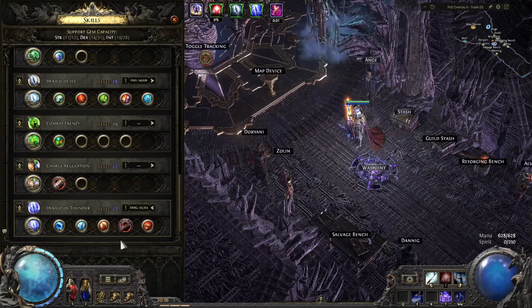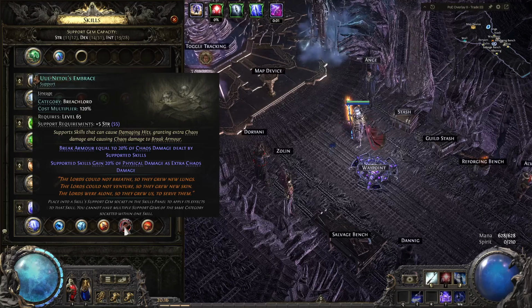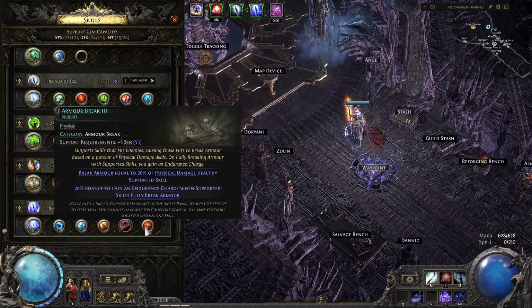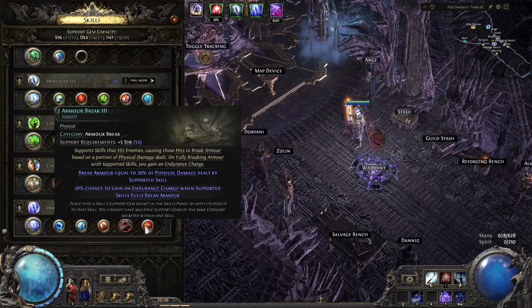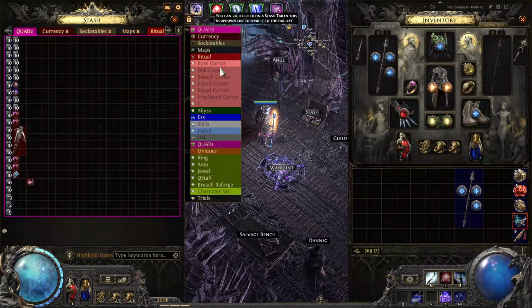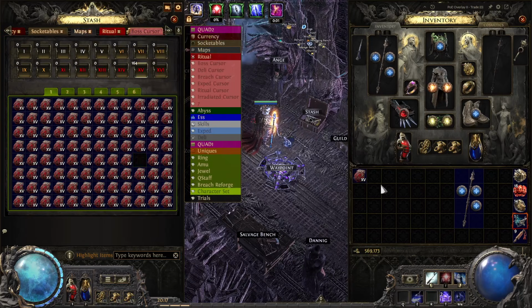So the main tech to get Herald chaining working is on one of your Heralds, have Armor Explosion, Uul-Netols Embrace, and Armor Break 3. Armor Break 3 is for endurance charges, really, so that we get endurance charges for charge regulation. Now, I am just going to grab a random tier 15 map,